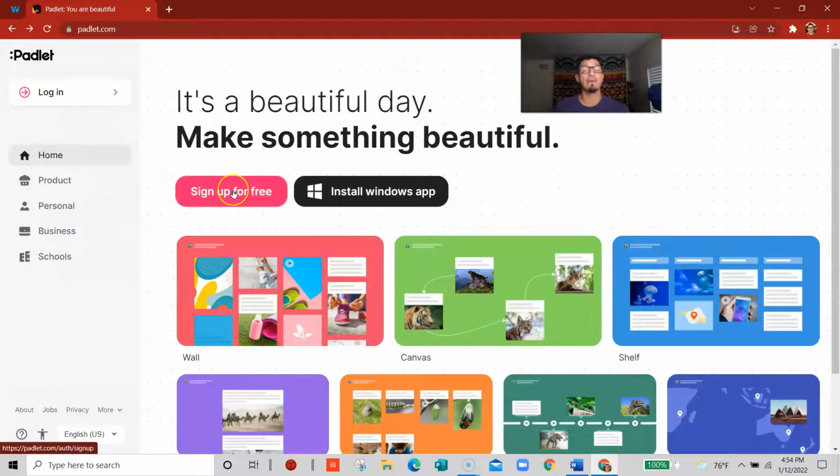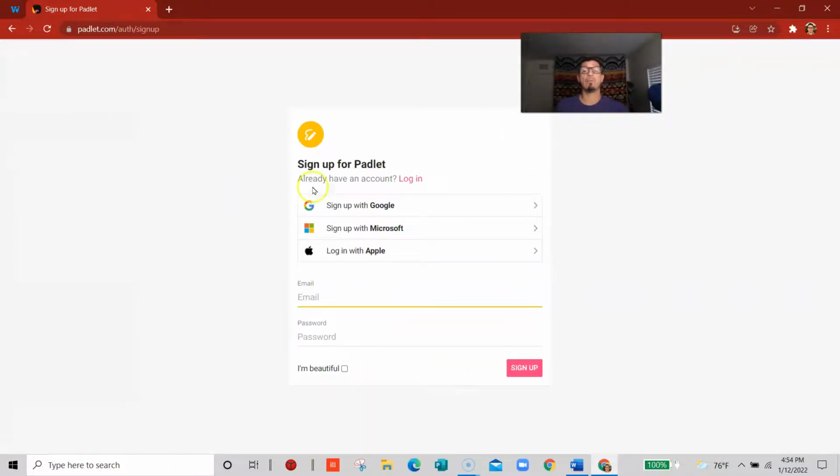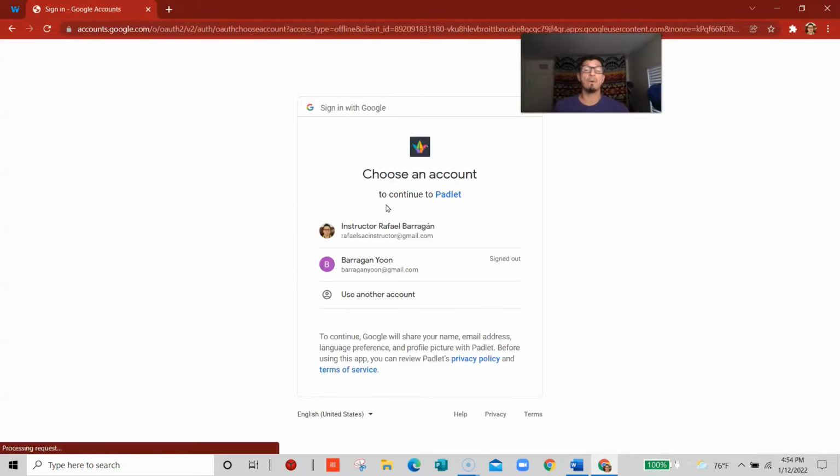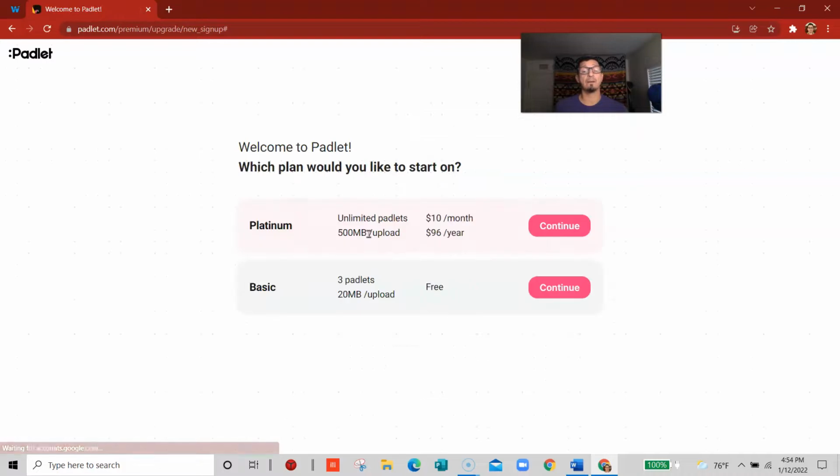Click on sign up for free, and it's going to take me back to that one page. And it says here, if you already have an account, all you need to do is click login. But we don't, but we're going to sign up with our Google, Microsoft, or Apple. I'm going to go ahead and use my Google. So I'm going to click on Google, find my instructor email, which is part of Gmail,